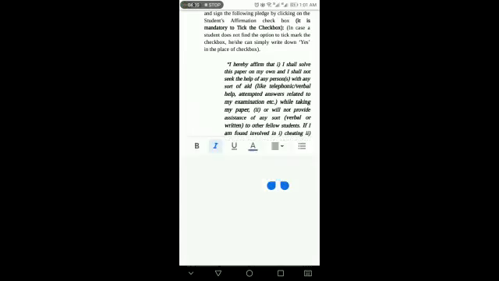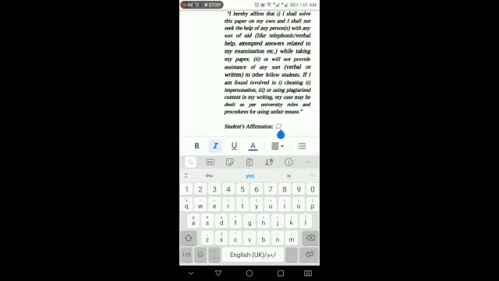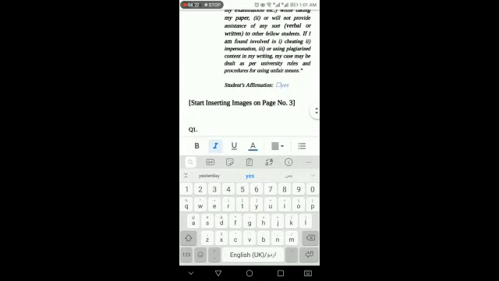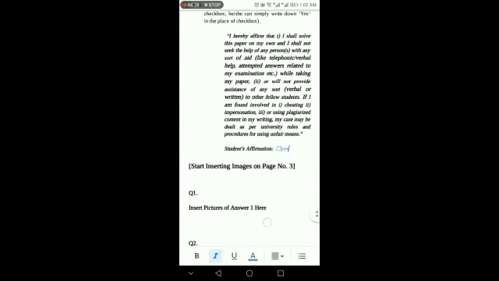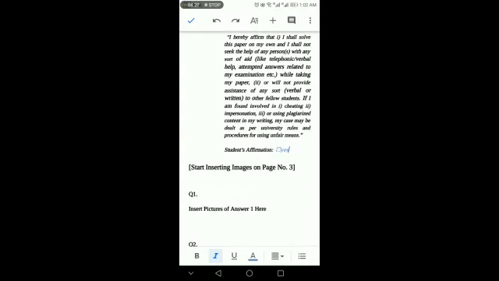For that, you need to tick this rectangular box which is at the bottom of this page, that is the student's affirmation. You need to double click on this rectangular box and it will be converted into a tick mark. For instance, if in your mobile it's not converting into a tick, you can write yes in front of it, so that you are abiding by all the instructions, all the rules and regulations.